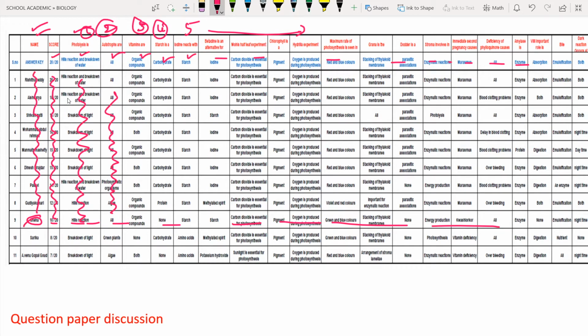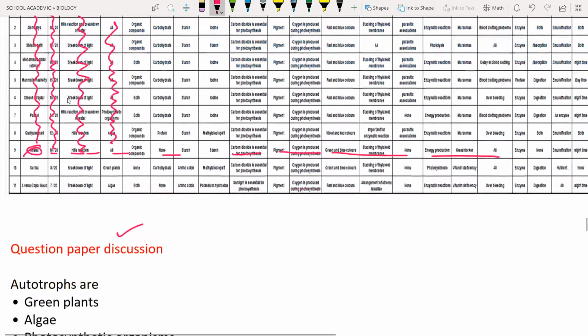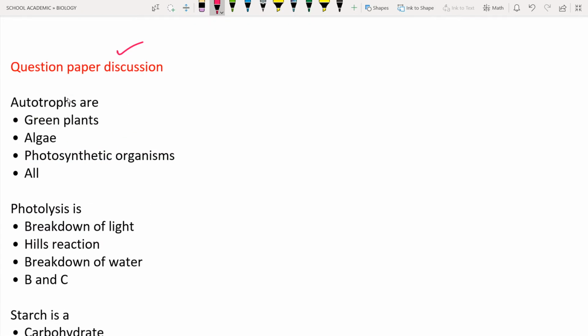After that we have to discuss one main important thing, that is the question paper discussion. Now let us discuss the question paper. The reason for the discussion is that you should know which one is the correct answer, and you have to see why the other options are wrong and why only one answer is correct. This is known as cross checking. By doing this you will get some idea and a clear concept of the question and subject. So now let us start our question paper discussion.